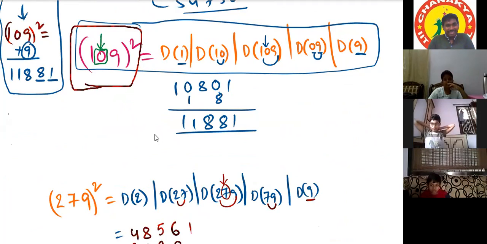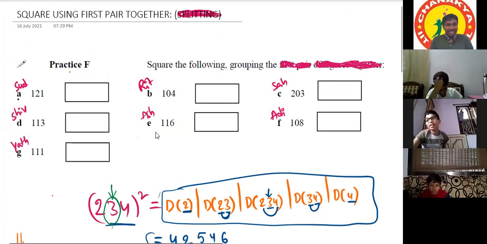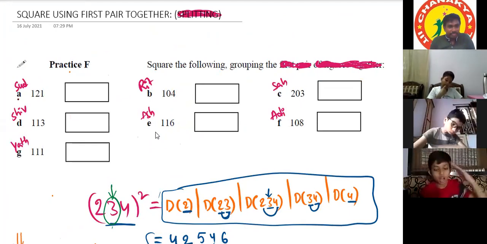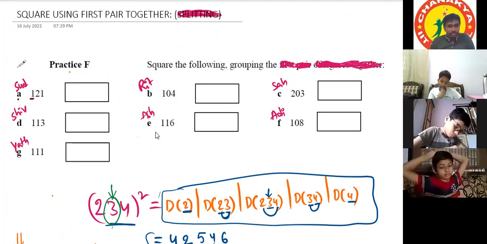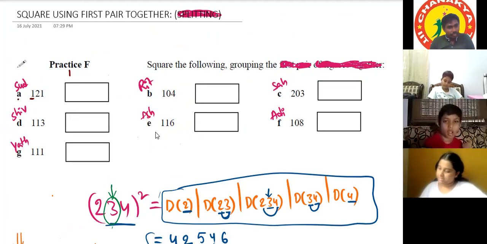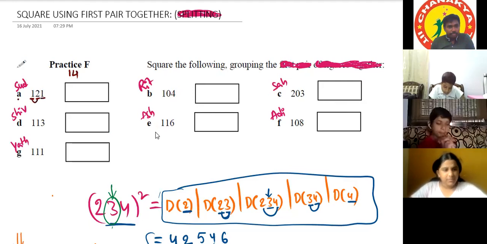Okay, Ritvik. Okay, Sudisha, are you there? Yes, sir. Proceed. Duplex of 1 is? 1 only, 1 square. Okay. Then the duplex of 12 is? 2 into 1 into 2, the double of the product of the digits. 2 into 1 into 2 is how much? 4. Then the duplex of 121 is?